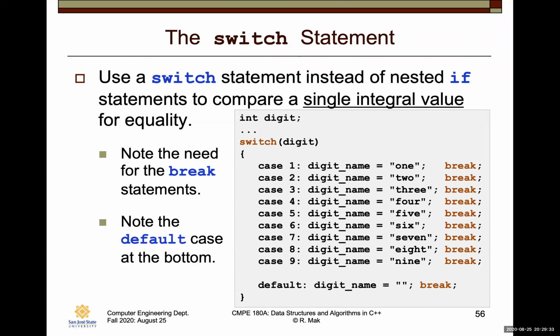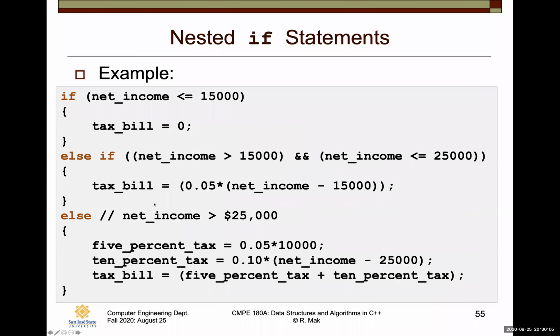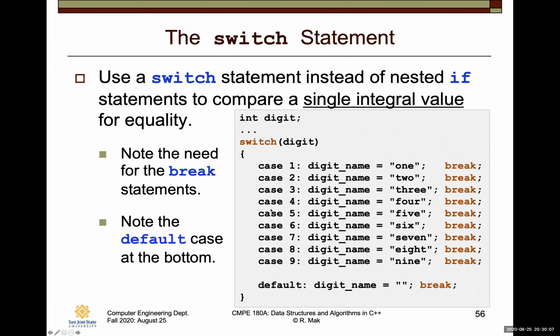Okay, there's a switch statement. How does that work? Well, you have a single integer value that you want to test for equality. So here's int digit, which is a type integer, and let's assume that somewhere in these statements, we've assigned a value to the digit, and here, instead of doing if, else if, else if, else if, and so forth, we can do a switch statement, and that says, well, in the case that digit is equal